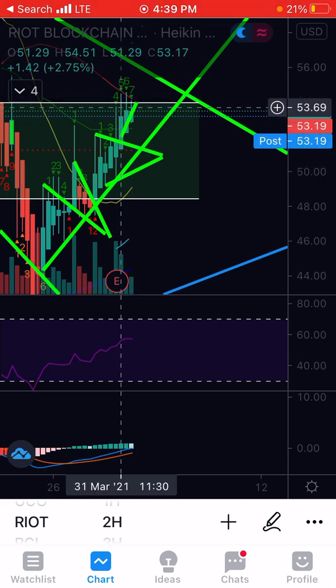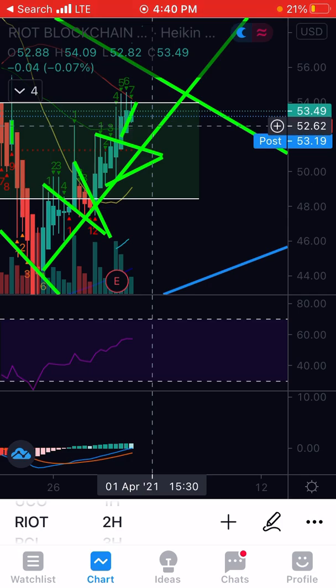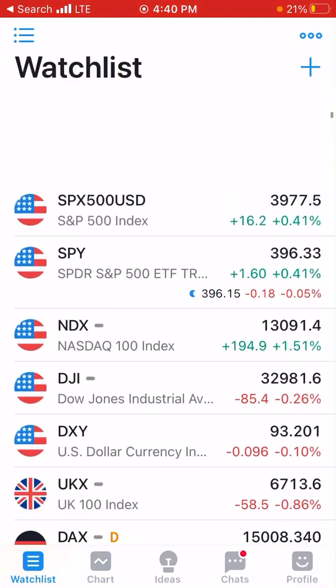So now we just bought up, hit a resistance. So what are we going to do? Possibly come down and wick off this line, which could be 51.81 to 52.50, depending on how it happens. And, if we look over at